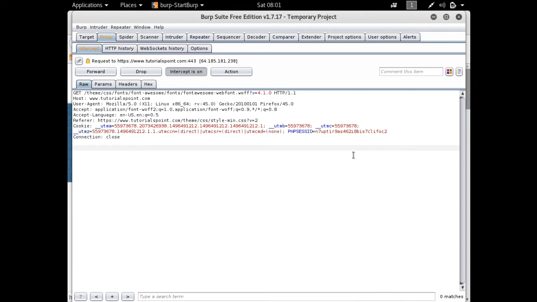In most web applications, if I talk about Google or Facebook, if you intercept their requests, you will find a hell of a lot of detail, a lot of details containing these kinds of IDs, different IDs. Then it will be very difficult to distinguish which are the session IDs and which are the other IDs. But here at first glance we can say that this is the session ID, because most